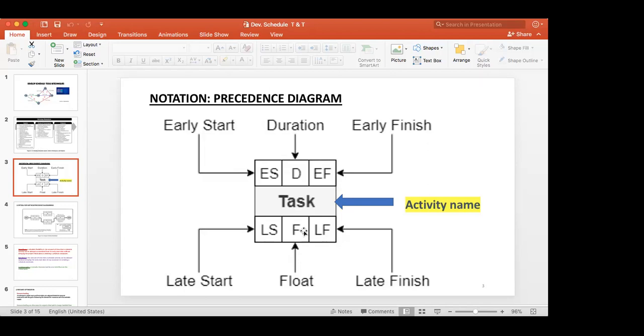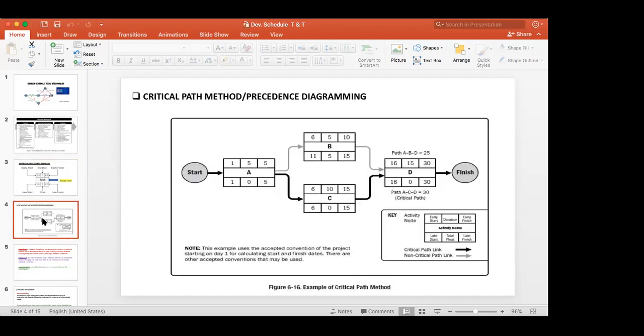Sorry for that. So this is the notation of the precedence diagram. You have the activity name, early start, duration, early finish, late finish, float, and late start. So that is it. Then when you come to the critical path method,